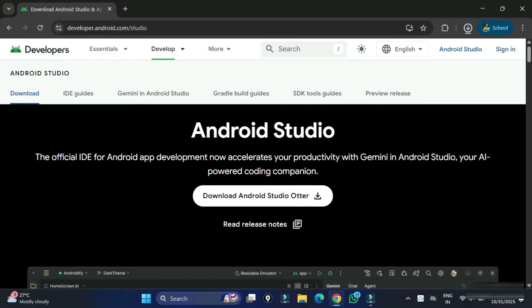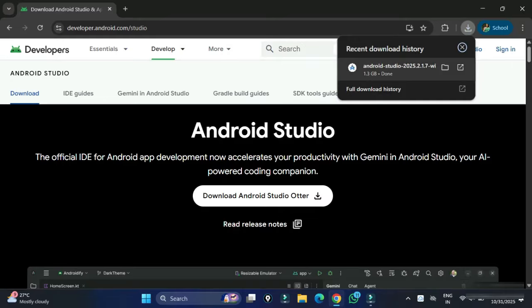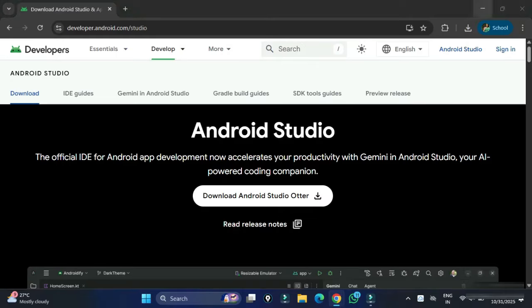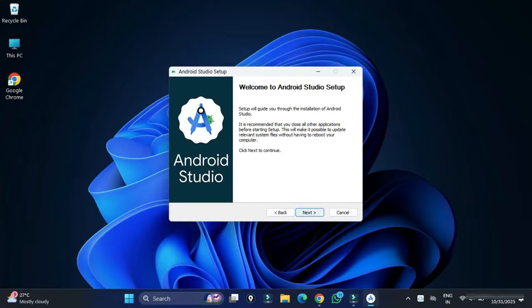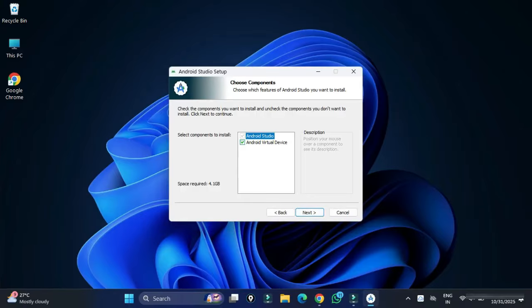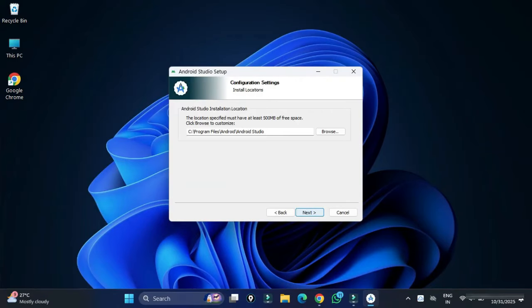Now to install, I'm clicking on this exe. Let me minimize my browser, guys. And now here I'm going to click on the next button on this welcome screen. Now here, choose components, it is showing me Android Virtual Device. So if you want to run your Android app, your application, you need some devices. So if you are not connecting to physical devices, then you need to install virtual devices. So your application will be run on virtual devices. So you need to click on the next button by checking this install virtual devices.